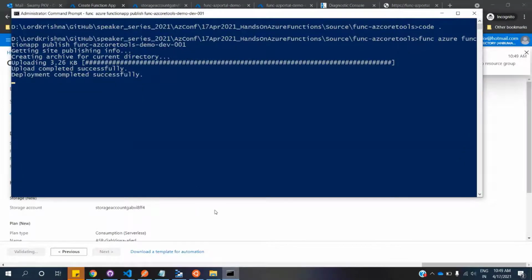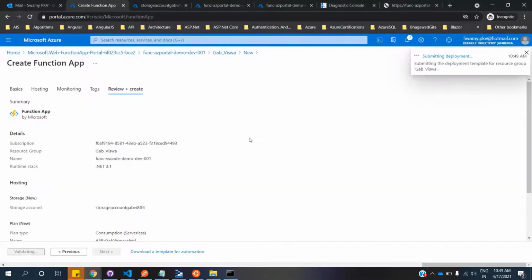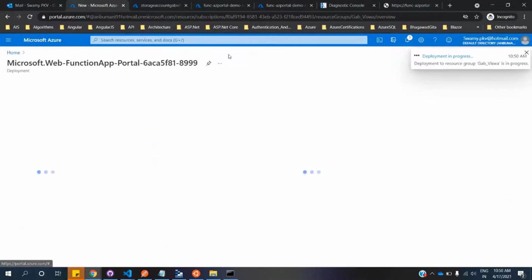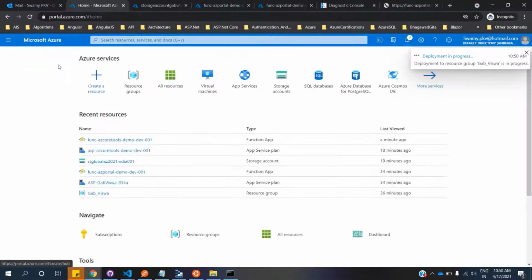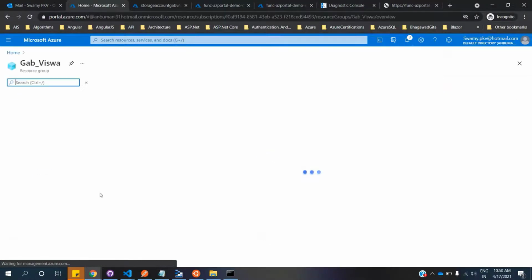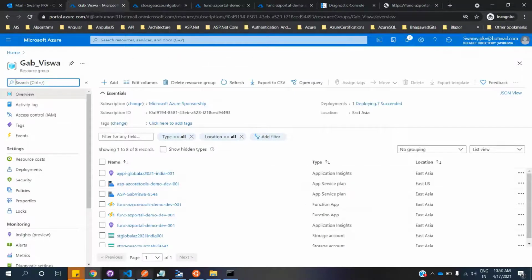Perfect. So in the meanwhile, it is completing the deployment, and we are creating a new function app so that we can do another .NET version. So this is also the Node.js version.